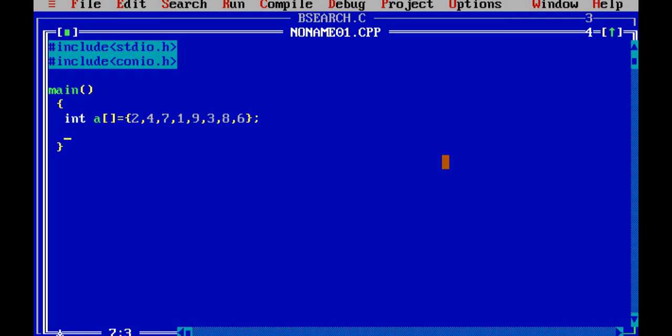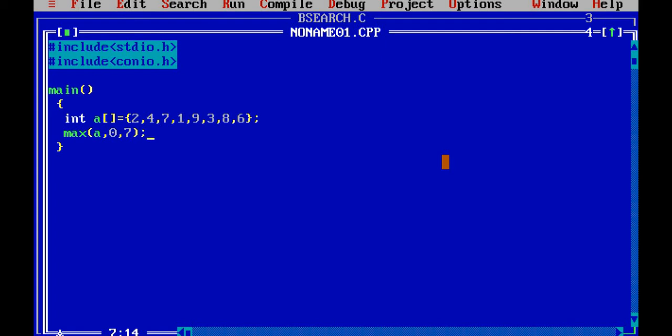So total data is 1, 2, 3, 4, 5, 6, 7, 8. Total 8 data. Now, if I consider a function max with 0 to how many data? That means 0 to 7, lower index and upper index.